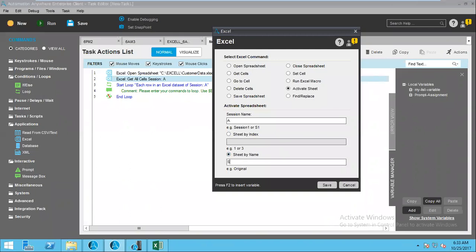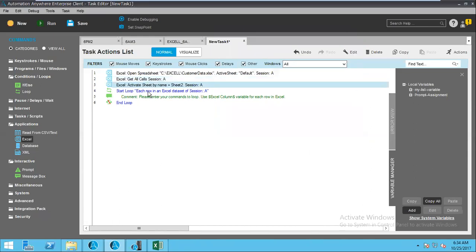What is the name of the sheet right now? Sheet 2. Sheet 2 is the name. So we can go to the particular sheet by index, or we can go to the particular sheet by name. Right now I am mentioning the name of the sheet. So before the loop, I am going to activate the sheet,